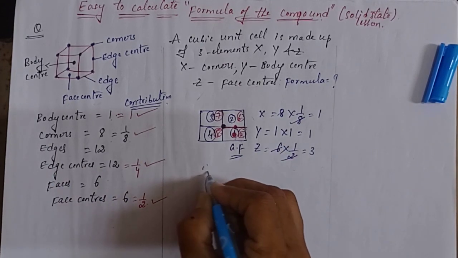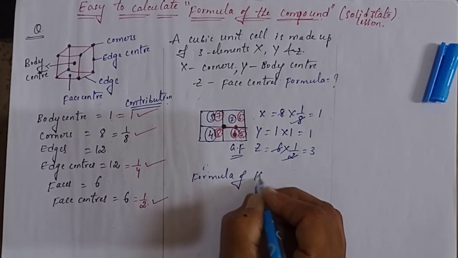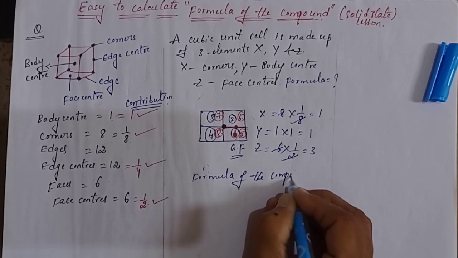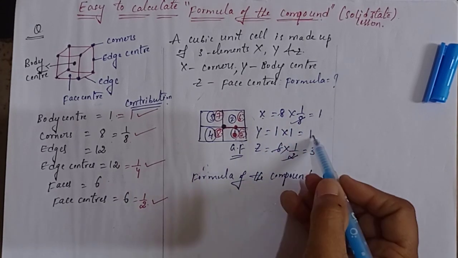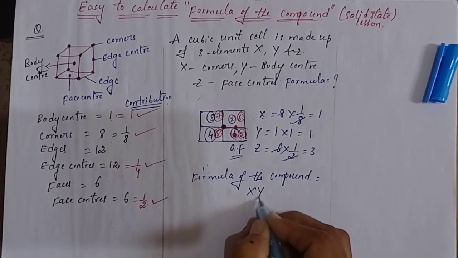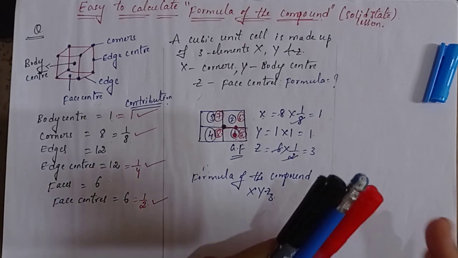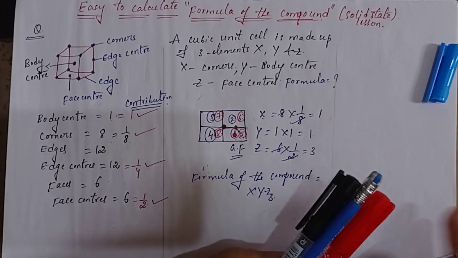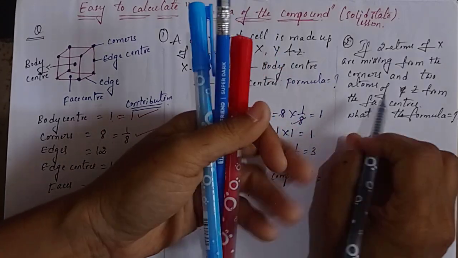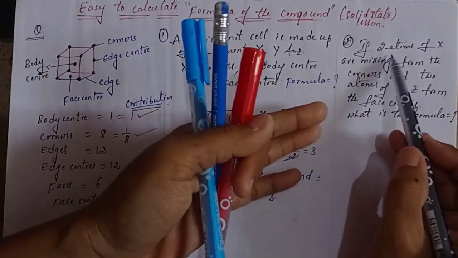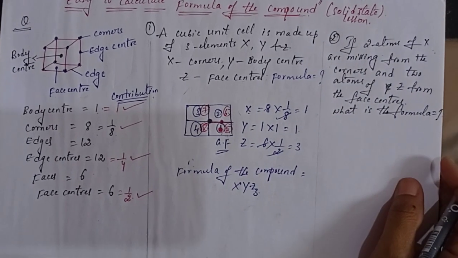So what is the formula of the compound, students? The formula of the compound is X1 Y1 Z3, that is, XYZ3. This is the formula of the compound. Now see, students, one more question I am discussing. Next question: if 2 atoms of X are missing